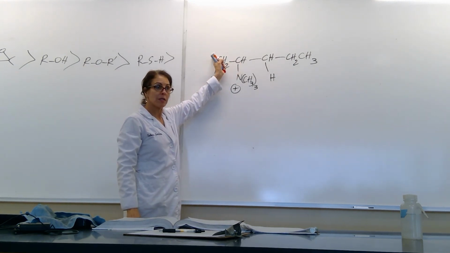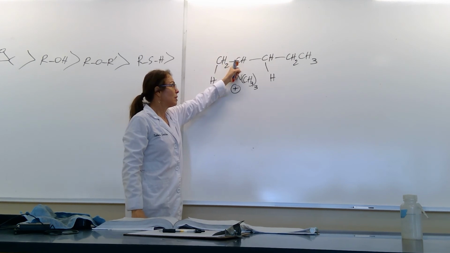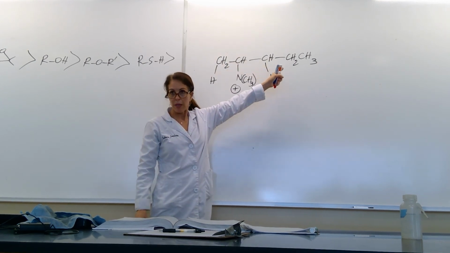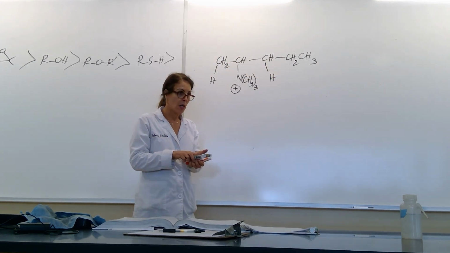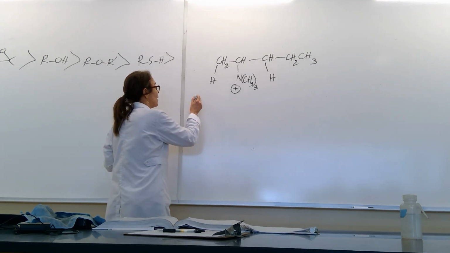You see, this is the beta. This is the alpha. This is the beta. So I have two options. I can have OH minus